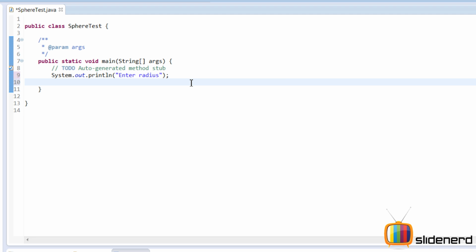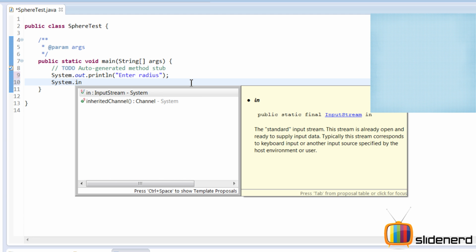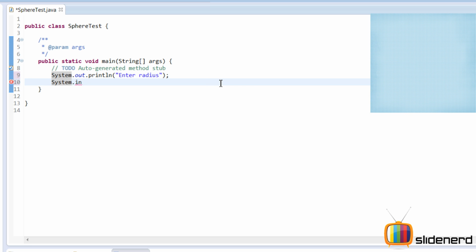Now we need to set up our pipe and connections to take input from the keyboard. The keyboard is like a big tank. You need to connect your pipe, which is System.in. Now this pipe is gonna have only binary stuff flowing inside. We need to convert this into characters. So we use something called an input stream reader. At this point, the data is filtered and it is converted to characters.